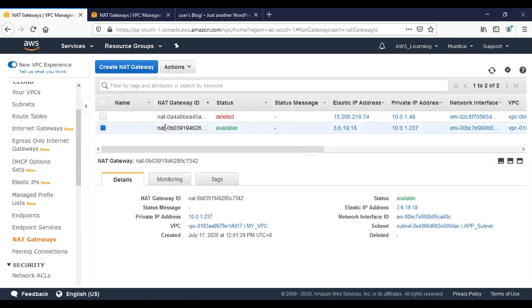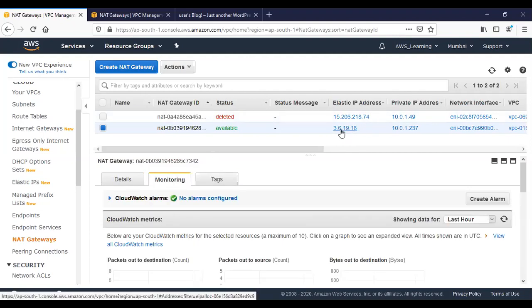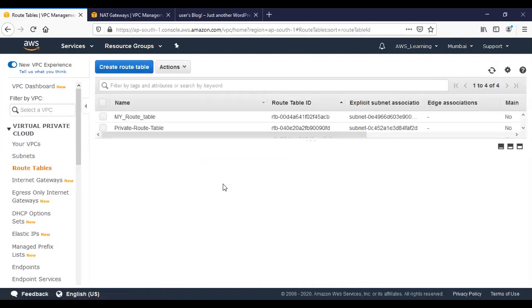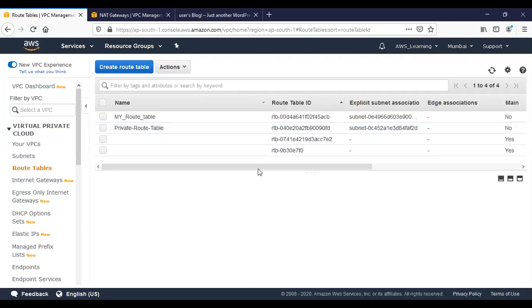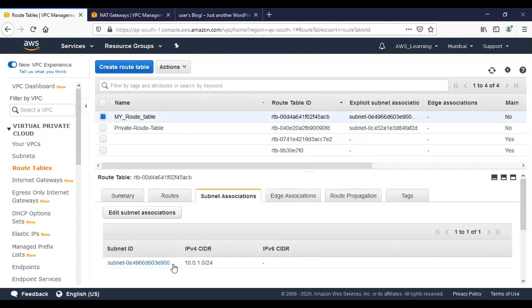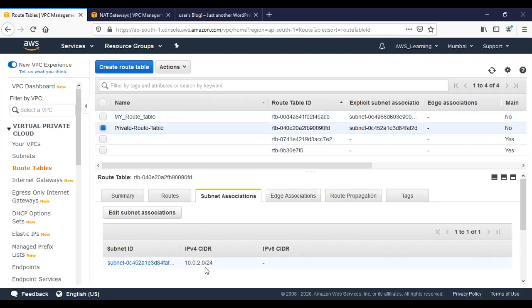We can see this specific NAT gateway is available, and this is the public IP address which is associated with our NAT gateway. We can also see the route tables. We have one route table associated with my public subnet, and the second route table, I can see, is associated with my DB subnet.